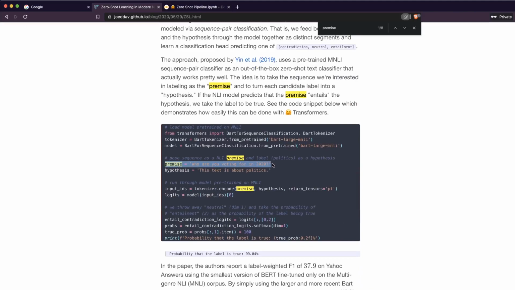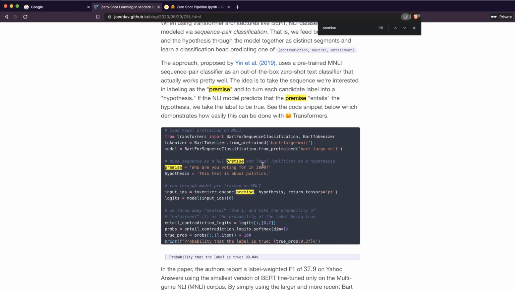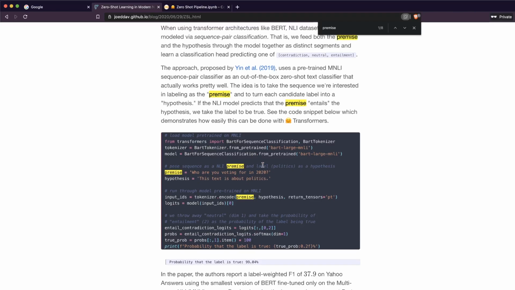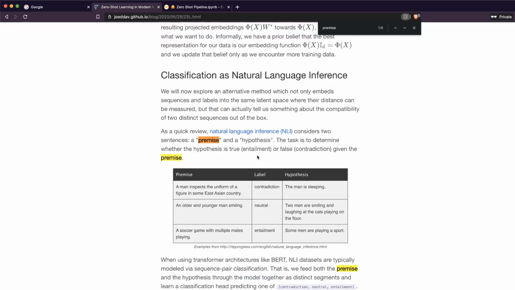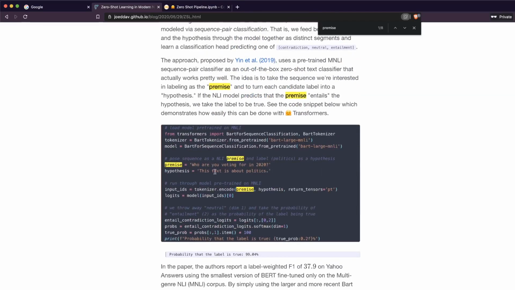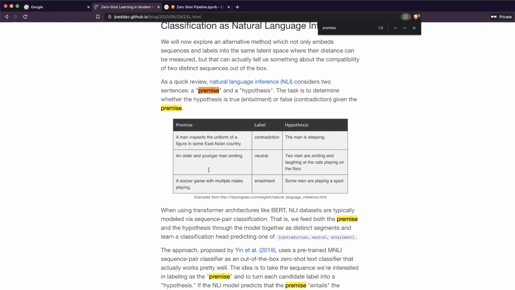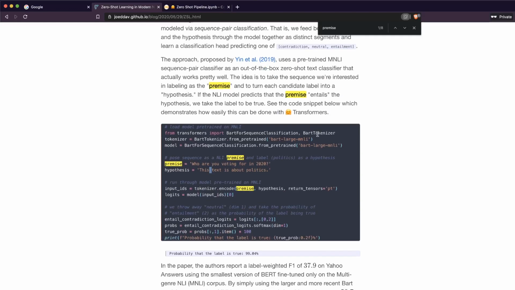This is the premise: who are you going to vote for in 2020? And then the hypothesis is: this text is about politics. If these two are related, you would get a score. All the model is trying to do is determine whether this hypothesis is true or false given the premise.